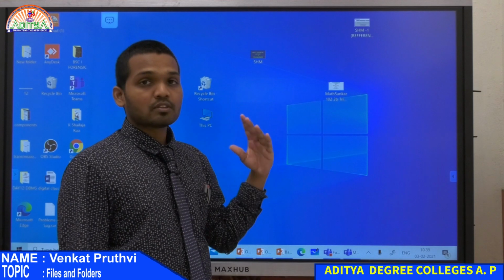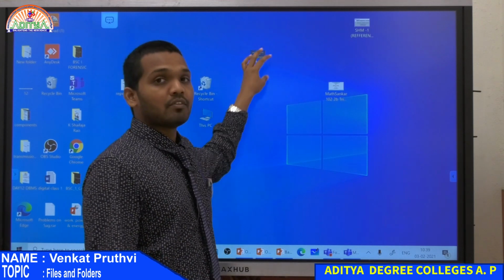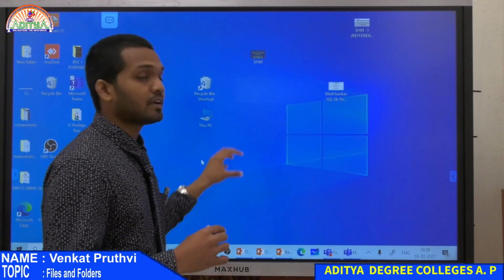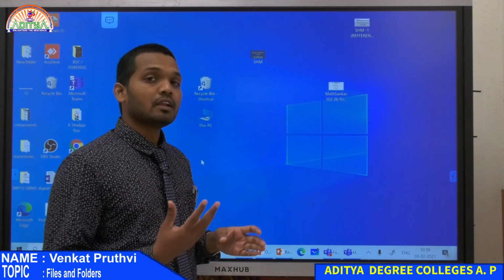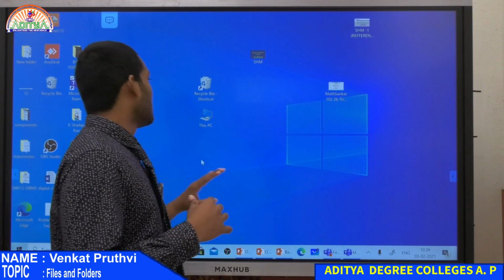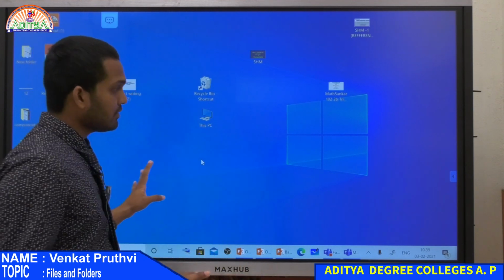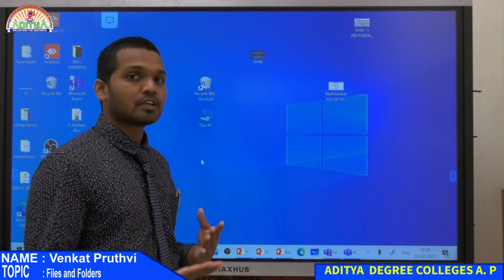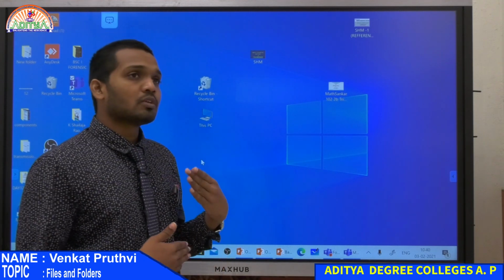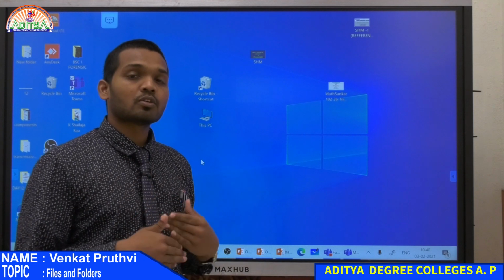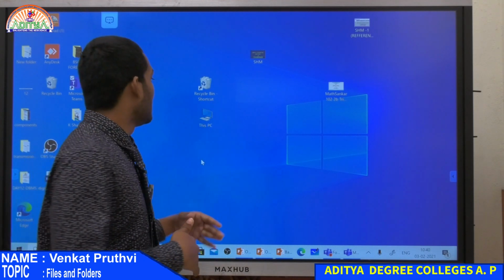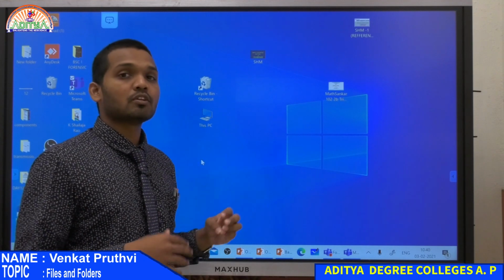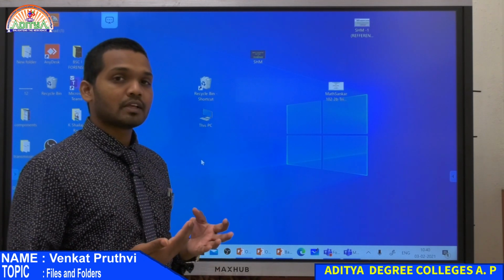In the graphical user interface, you have different icons available, and each icon helps the user easily understand what kind of file it is and what the contents of the file are. In some cases you might understand them. This is the desktop, the default page that opens whenever you start your system, and whatever utilities or files you want to access quickly, you can put on your desktop so they are easily available.